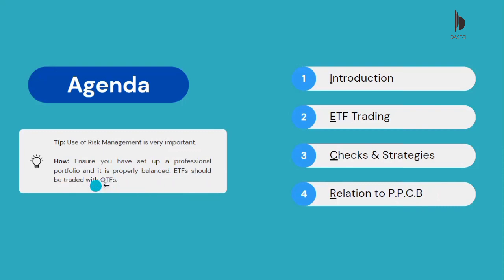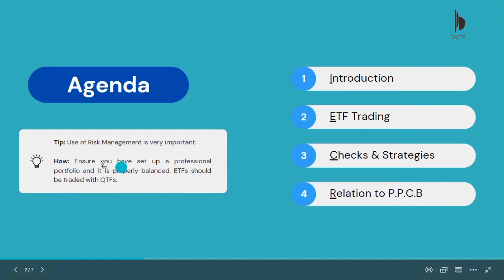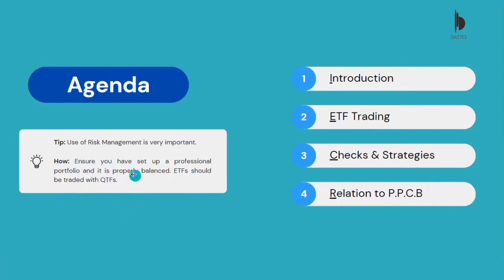Okay, when you set up a portfolio, you are not expected to put all your budget in the trade. You're expected to partition them in a strategic way, of which QTF is going to be part of those sections. Now, this ETF trading should be used with a part of your QTF. QTF simply refers to quick trade funds. That means funds you've allocated for quick trades. And it is in this section that ETF trading belongs.